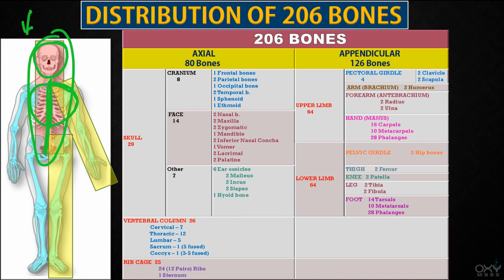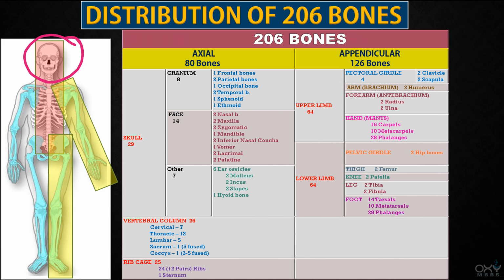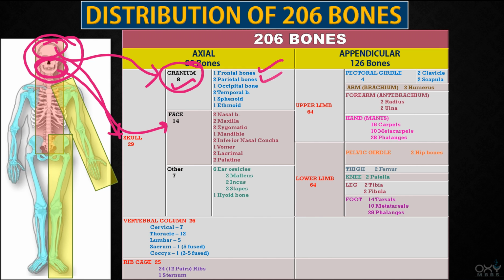rib cage. And this skull includes how many bones? 29 bones. And the upper part of the skull is called what? Cranium. And the lower part of the skull is called what? Face. And this cranium includes how many bones? 8 bones. And what are these 8 bones? One frontal bone, 2 parietal bones, 1 occipital bone, 2 temporal bones, 1 sphenoid bone and 1 ethmoid